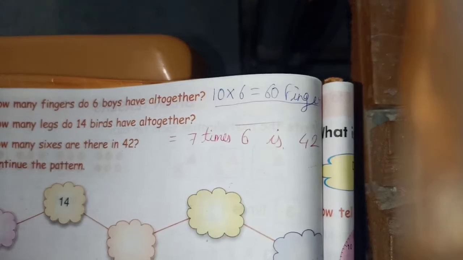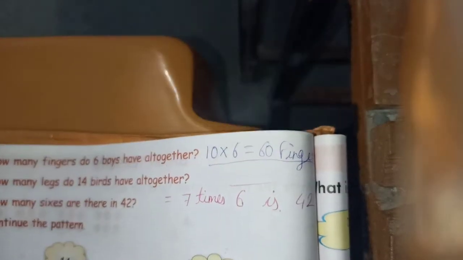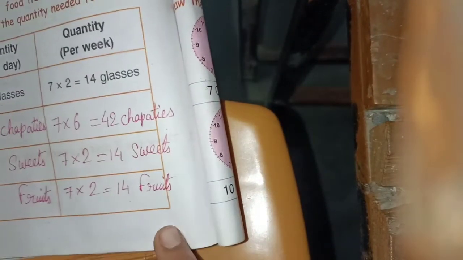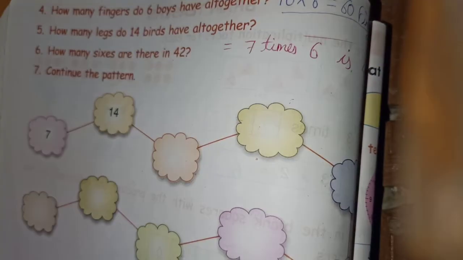These things you will do in your copy. Did you understand? Okay. This page also you will do in the copy. This page you will write in your maths fair copy, and this question also you will do in your copy. Okay. Page number 105 and 106. 106 also. Both pages you will do in your copy. So please listen to the video till the end and watch it carefully, then write.